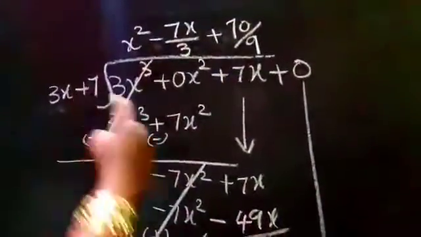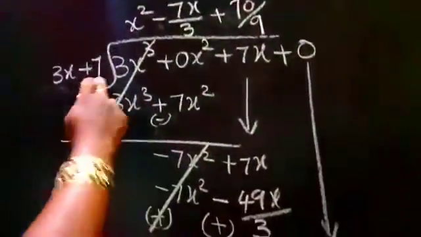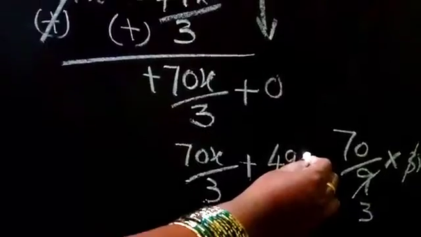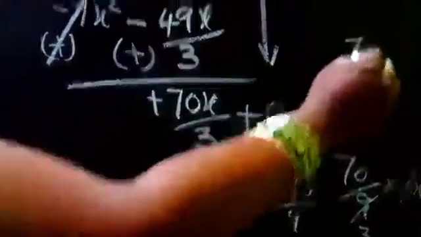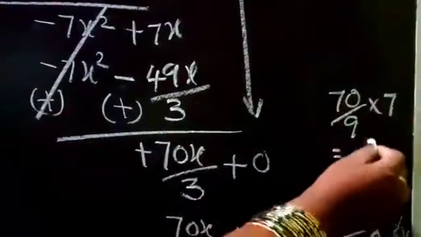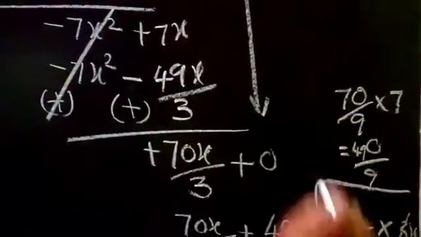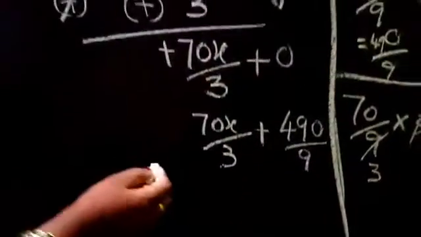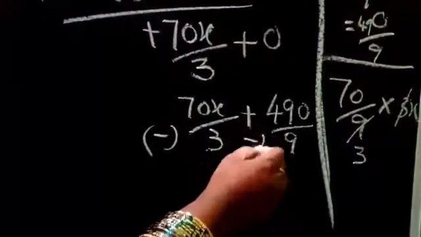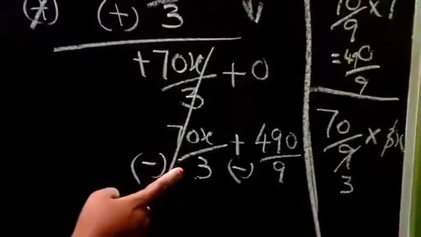Then plus into plus, plus. 70 into 7, 490, because 7 sevens are 49, and a 0 we have in 70 divided by 9. See here 70 by 9 into 7. So 7 into 0, 0, 7 sevens are 49, divided by 9. This is what I have written in this place. Okay, so we have to change the sign now. It is positive, we have to put negative here. This is also positive, we have to write negative here. The same term, plus and negative, we got it, it will get cancelled.